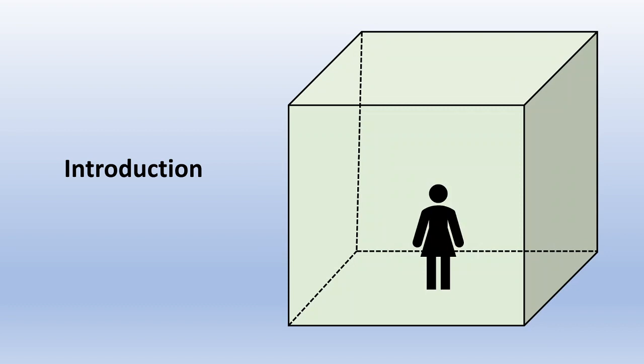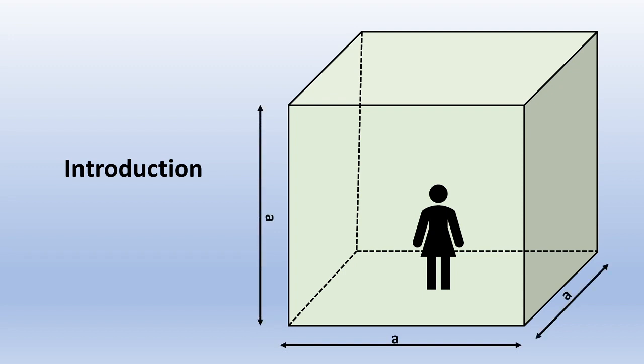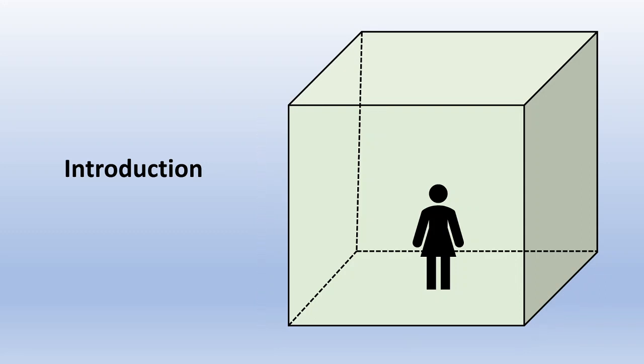So firstly, let's look at some basic things about a cube. Let's suppose you are standing in a room which is the shape of a cube, and each side of this cube is equal, obviously, because that's why we call it a cube. Next we will look at the number of corners present in this room. Very basic thing. There are 8 corners: 1, 2, 3, 4, 5, 6, 7 and 8. So there are 8 corners in this room, or we can say there are 8 corners in a cube.